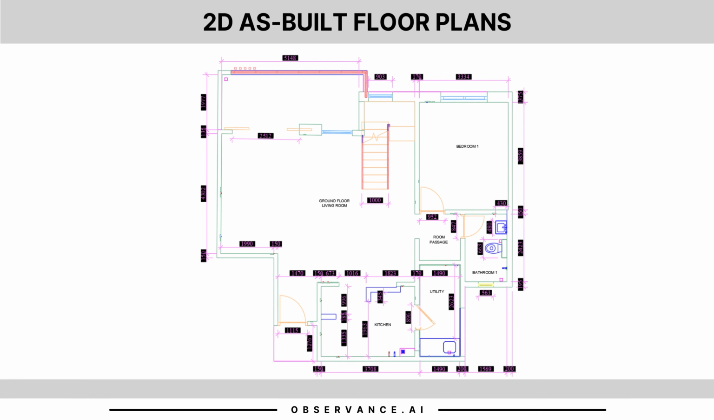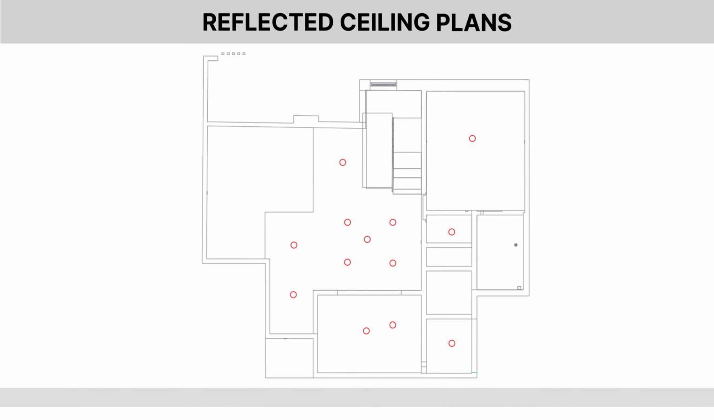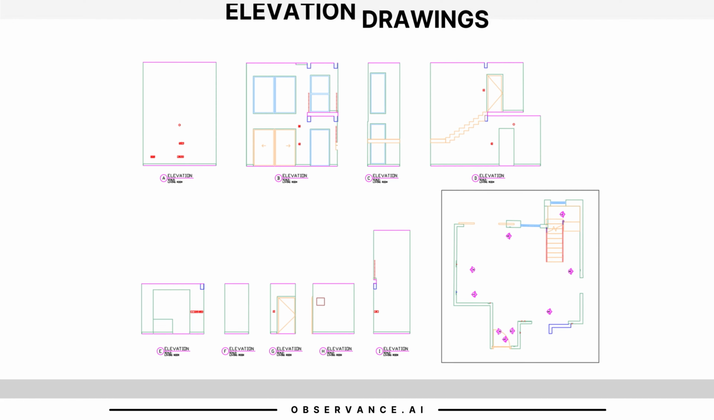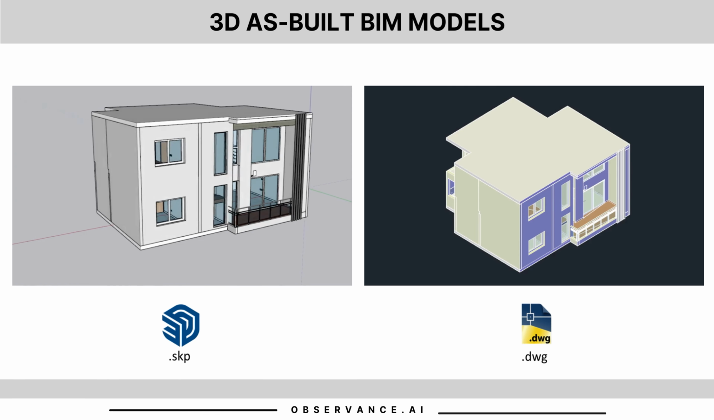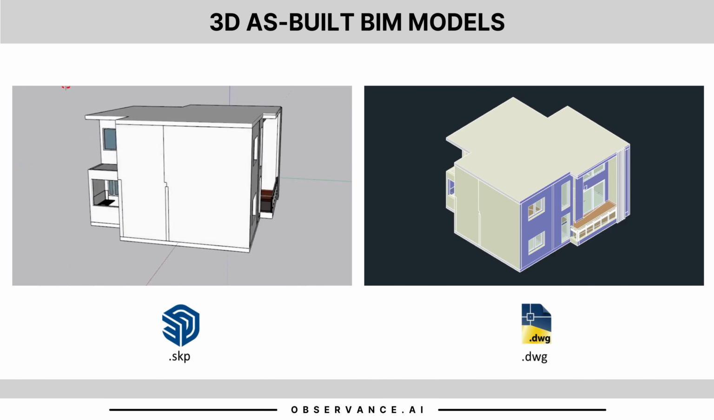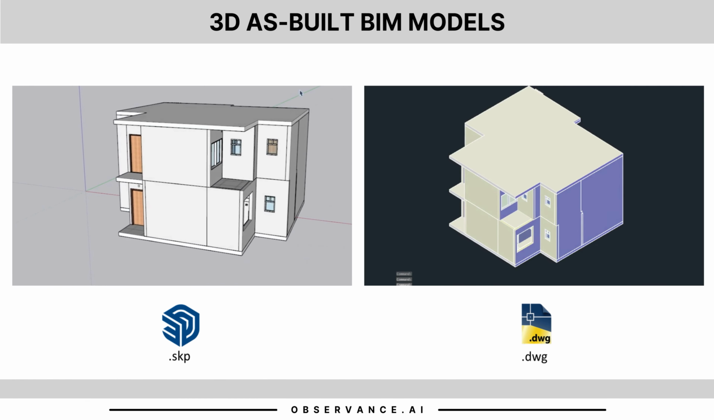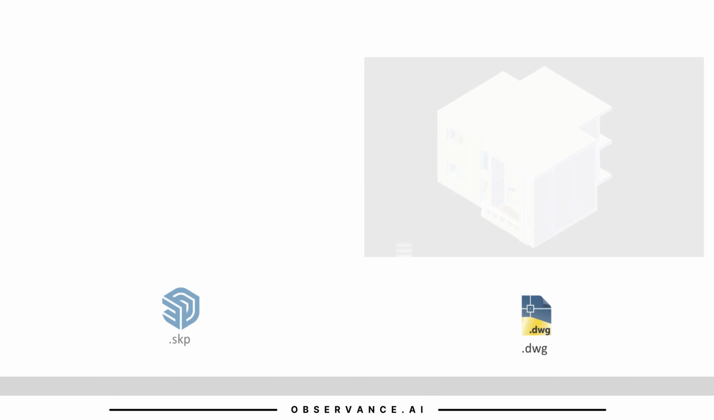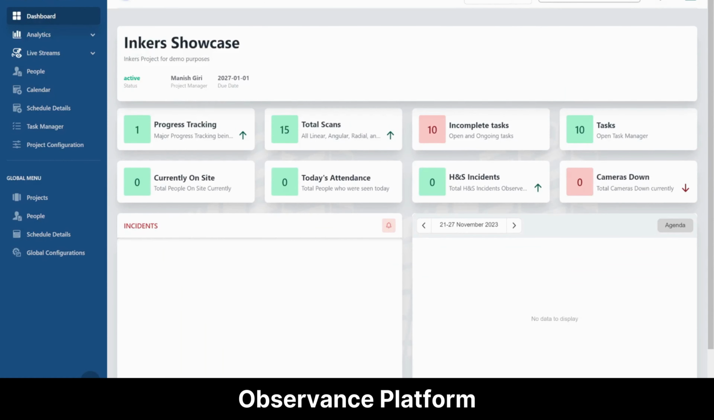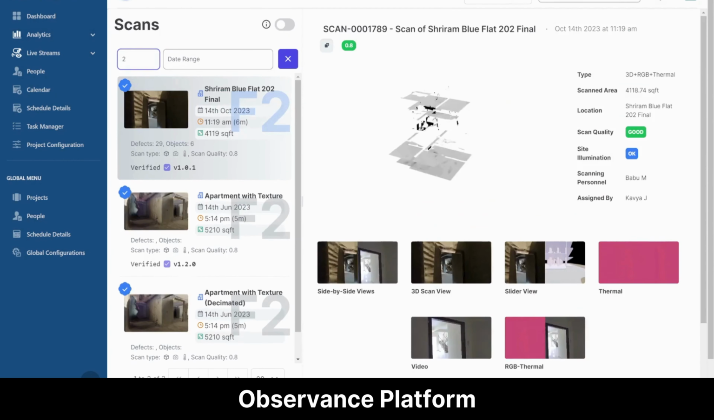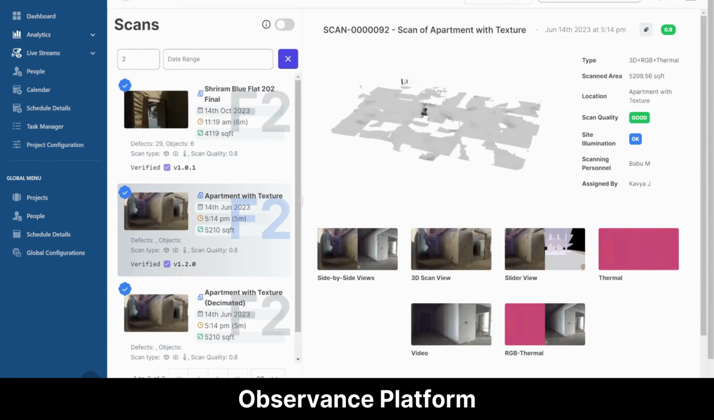Within hours, Observance transforms raw data into detailed floor plans, reflected ceiling plans, elevation drawings, and 3D models. The 3D model outputs are available in versatile formats, allowing you to choose between the widely used SKP or DWG file formats. Navigating through our user-friendly platform, you can explore the intricacies of your design with an interactive viewer and